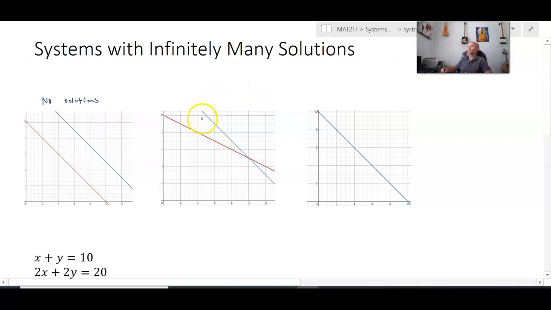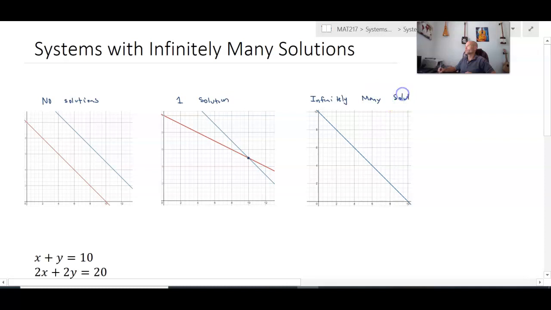Here we have one solution, and that one solution means that the lines aren't parallel and they share a single common point of intersection. In three dimensions, we saw three planes that all intersected one another, and there was one point that they all shared in common. And now we're going to consider the third possibility, where there are infinitely many